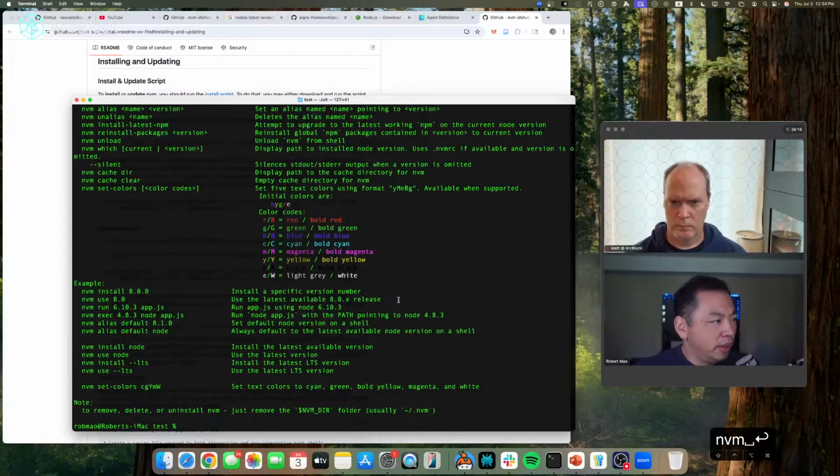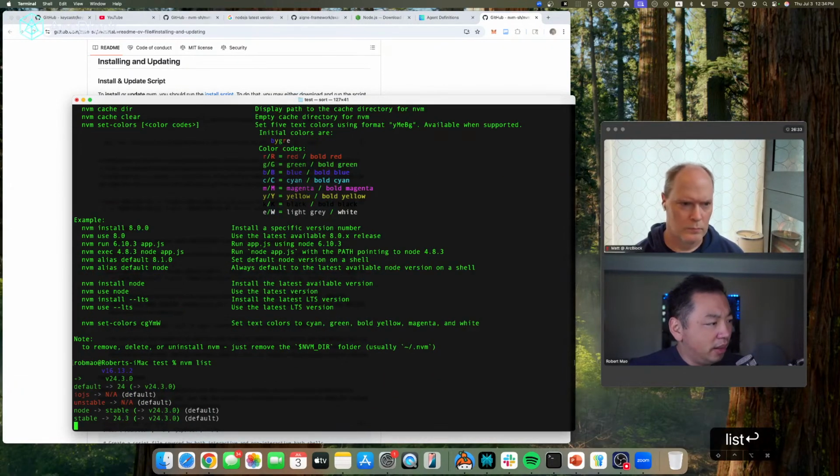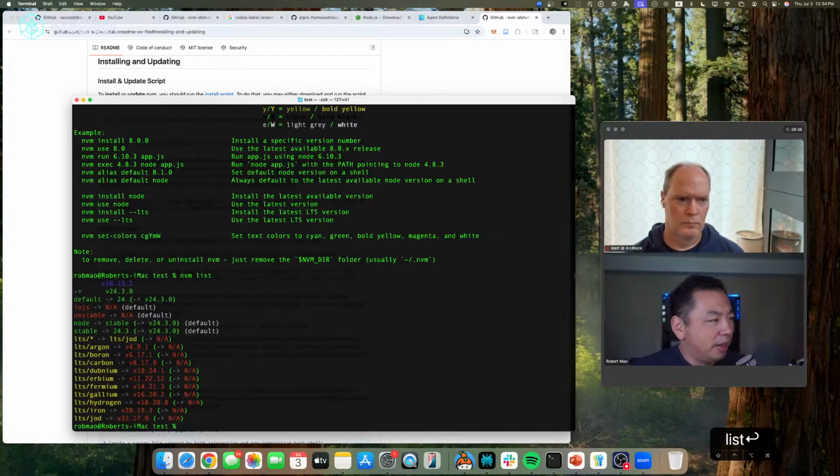You don't really actually need to learn all those commands. If you have time and you like it, you can try to play all of this. But usually there's just a few examples, a few things that you need to know. One is nvm list. Once I run nvm list, it basically shows how many Node.js versions I have installed. So for example, right now you can see I have Node v16 and Node v24, and the default is 24. Basically, I'm currently using Node v24, and the default is also 24.